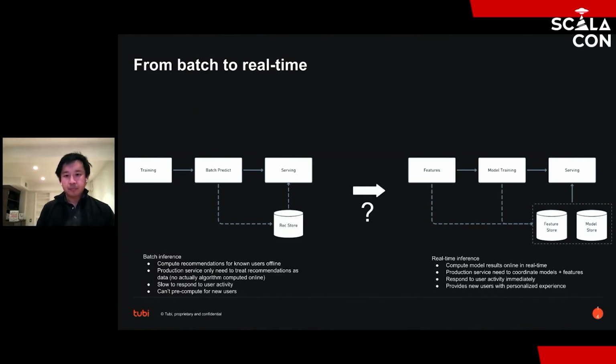So this addresses the pain points that I cited about batch pre-computation, but it makes things a lot more complicated, right? Because I have to figure out how to ship the features to online. I have to ship the models. How do I actually do the models? Doing the model computation online is a really complicated and big challenge, and that's kind of what we're going to talk about next.